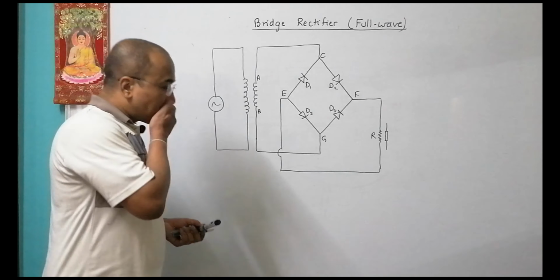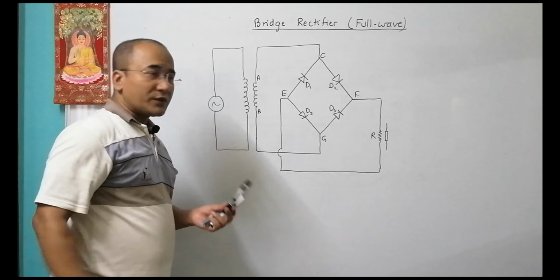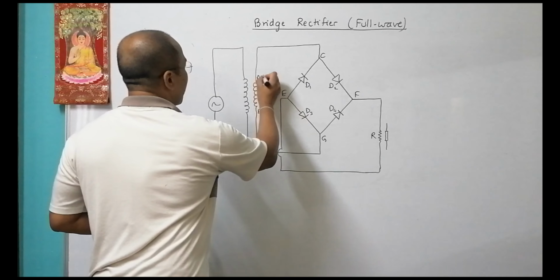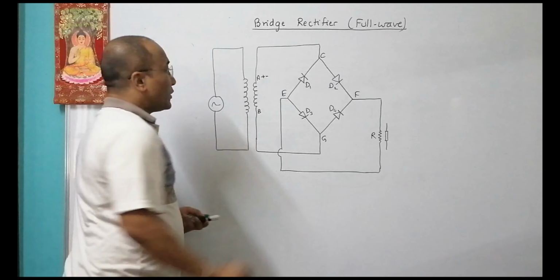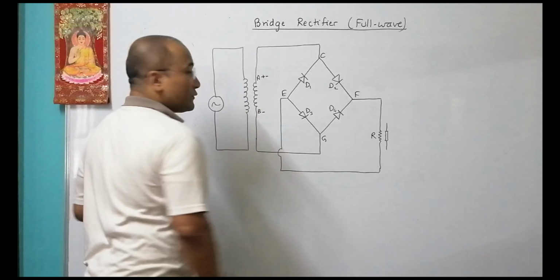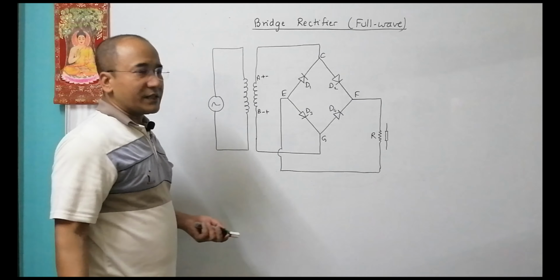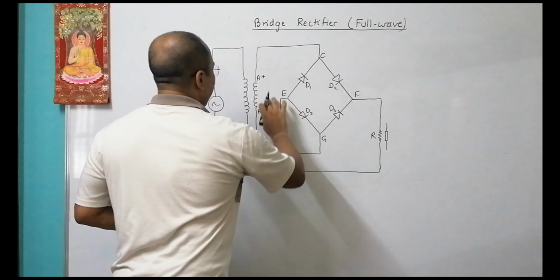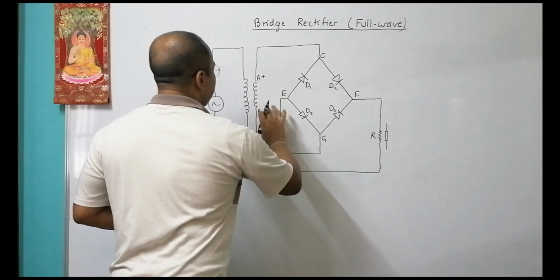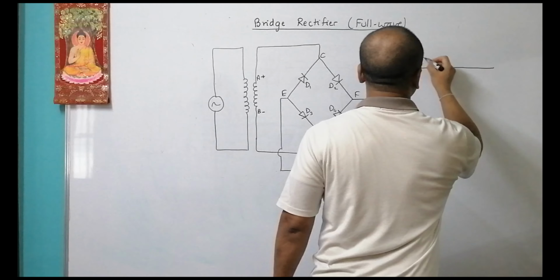Now what happens is, this is an AC source, so this terminal could be sometimes positive, sometimes negative. When one end is positive, the other becomes negative, and when it is negative, the other becomes positive, because it's alternating. So let us say it is positive and it is negative, sometimes positive, sometimes negative. Now let me show the graph as well here, because we have to simultaneously deal with the events in the circuit as well as the graph. So the graph is like this.